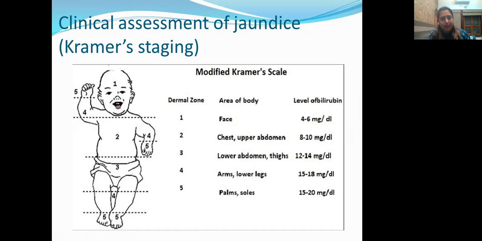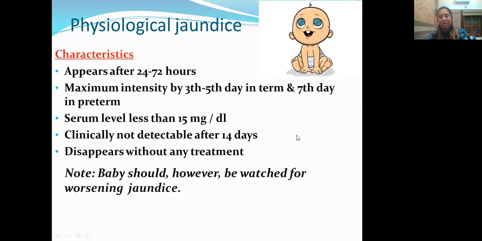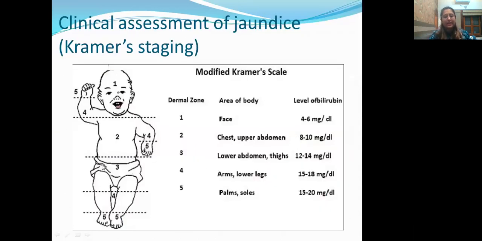So this is the modified Kramer scale, according to which the baby's body is divided into 5 parts. Based on which part has developed jaundice, we can roughly associate that with a particular bilirubin level in the body. If the face has jaundice, the bilirubin level is up to 4 to 6 milligram per deciliter. If it has reached the chest or upper abdomen, it is around 8 to 10 mg per deciliter. Whereas if it has come into the lower abdomen or thighs, it is around 12